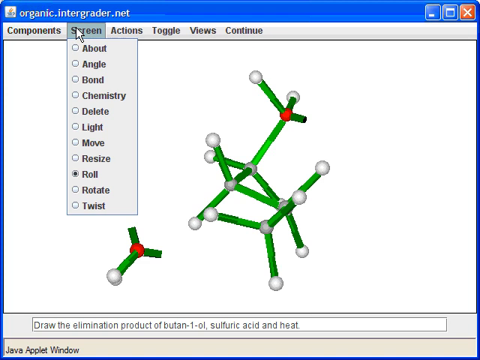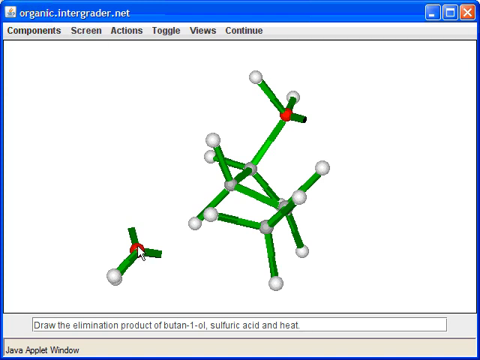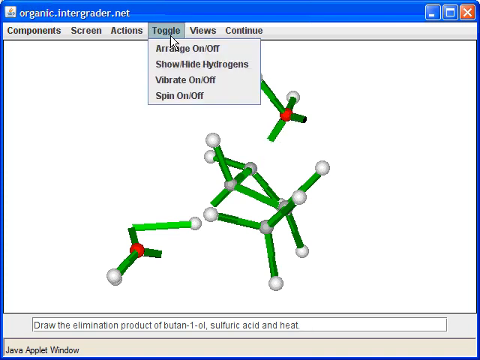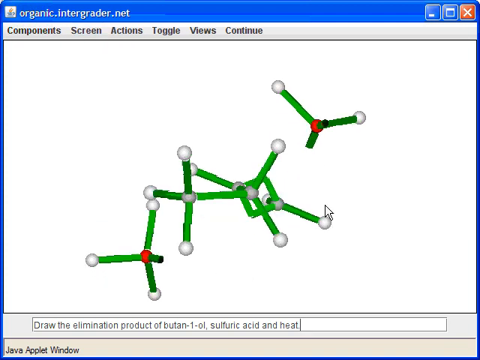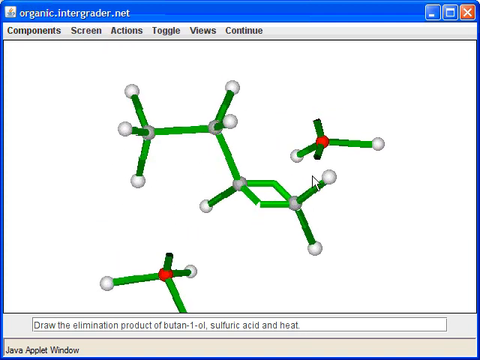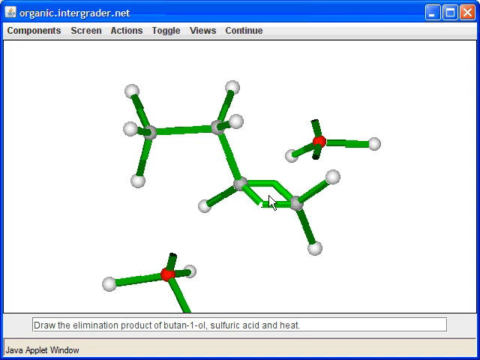So we're going to use water as a base. Use it to pick up a hydrogen, and then take the electrons from that hydrogen over here, and use those electrons to kick out water. Therefore, if you're very careful in these reactions, you can just eliminate water from the vicinal position. In other words, you eliminate the hydroxyl group here, and you eliminate a hydrogen over there.